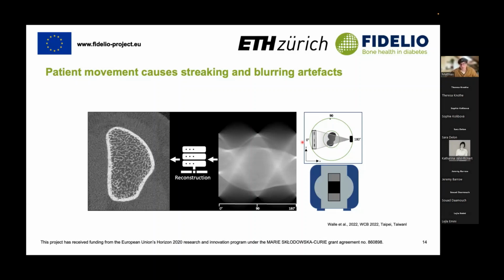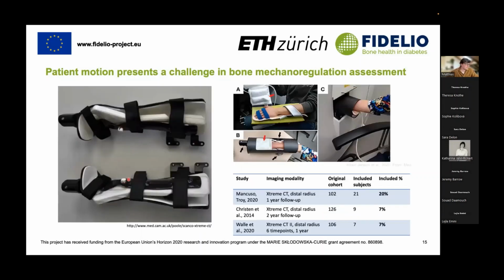And you can think about this almost like when you take a photo with a long exposure and start moving your camera, or something is moving in your photo, then it will come out blurry. And the same basically happens here, where there will be a shift in the sinogram, and during reconstruction, the reconstructed image you can see here has these streaking and blurring artifacts. And it's really difficult to identify a crisp bone microstructure, and therefore it's very difficult to track this microstructure over time consistently. And so what studies have done is basically they try to restrict patients,